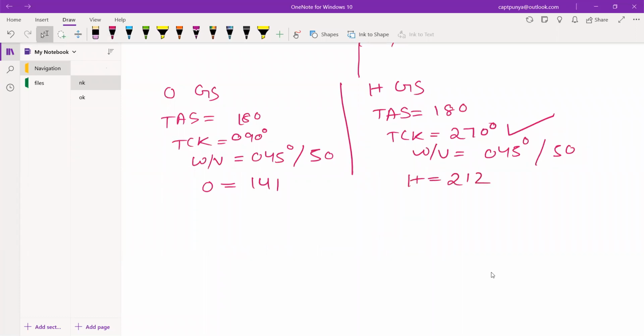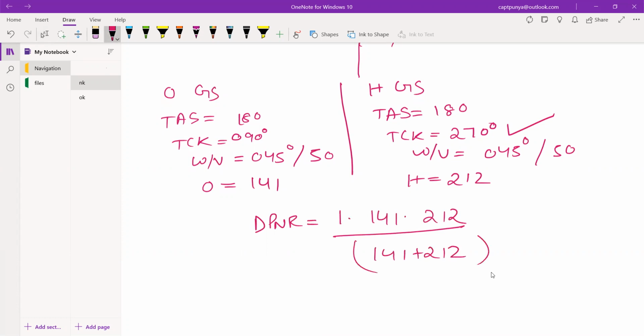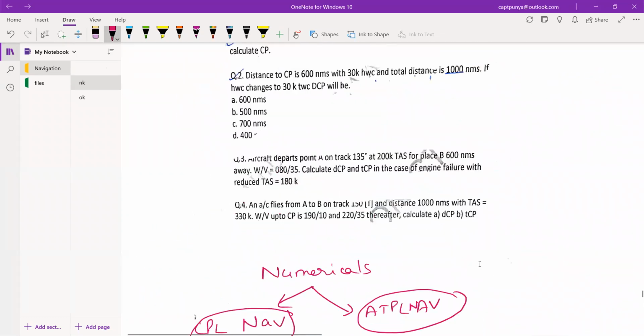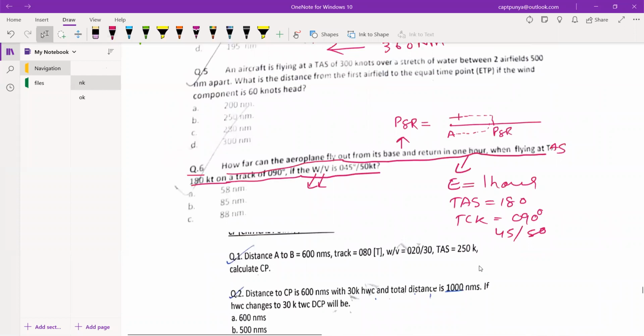Now guys, it is simple, we just apply the formula. So distance to PNR was E into O. E is 1, O is 141, E into H, which is 212, divided by 141 plus 212. All right. So if you calculate this, guys, this will come to approximately 85 nautical miles. So let us see whether we have 85 nautical miles in the answer, and we see that option B is